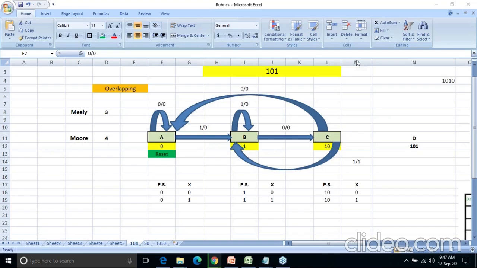Yes, Kiran, you are very right. Input by output. So my input is 0. Whenever I am in state A, my input is 0 and my output is also 0. Why? Because until and unless the whole sequence is detected, my output will not become 1. So before the sequence is detected, everywhere my output will be 0 only. Is it clear?